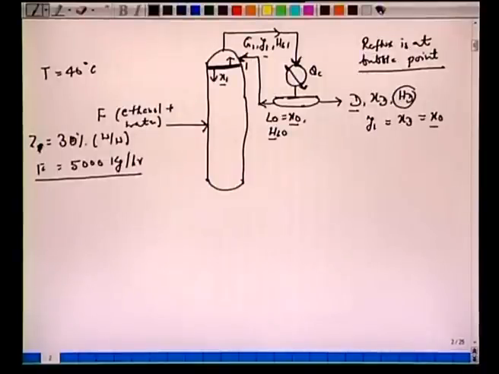All it means is that reflux at the bubble point means this X0 or XD will lie on the saturated liquid enthalpy curve. Okay, so that's one thing. We'll come back to this. The reflux ratio is given as 1, so R is 1, and from our definition R is nothing but L0 over D. So this is L0 and this is D here.